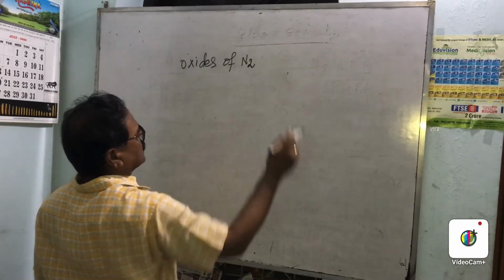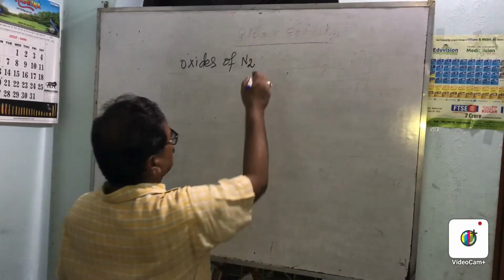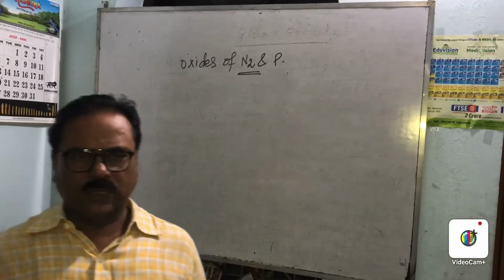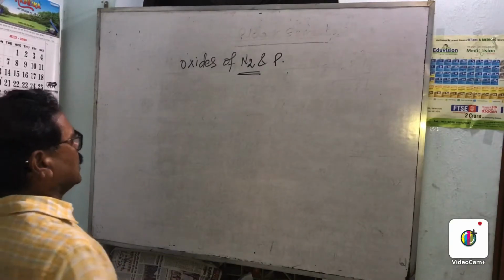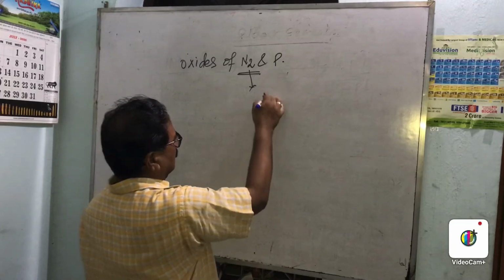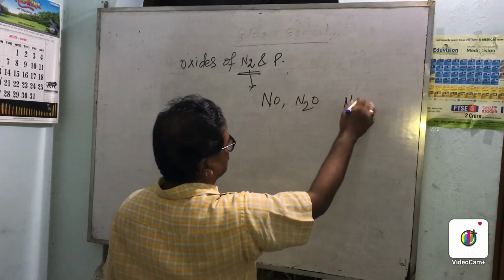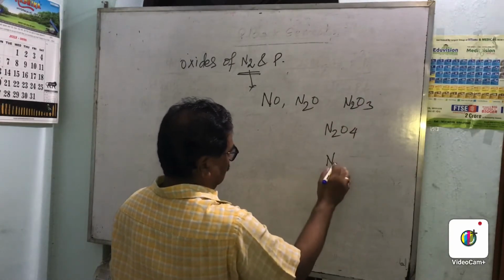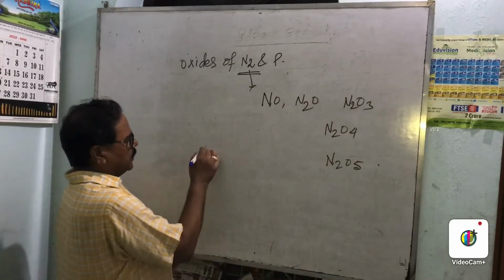Nitrogen, and somewhat phosphorus, but in your syllabus it is nitrogen. Phosphorus P4O10, like these compounds. So for nitrogen, there are so many oxides of nitrogen: NO, N2O, N2O3, N2O4, N2O5. These are the compounds. And preparation